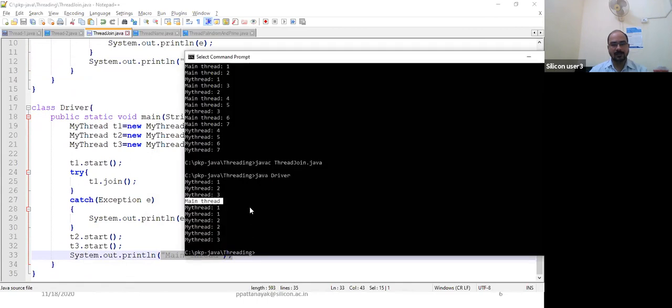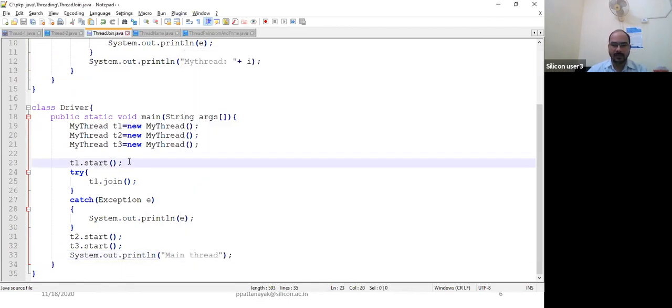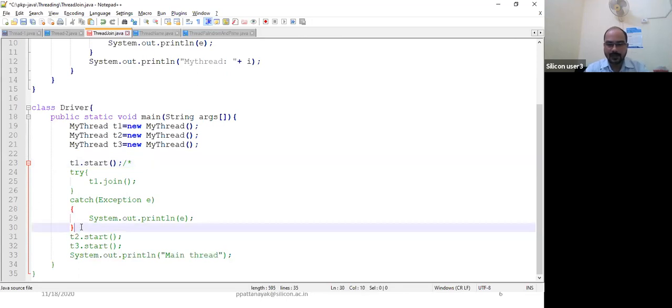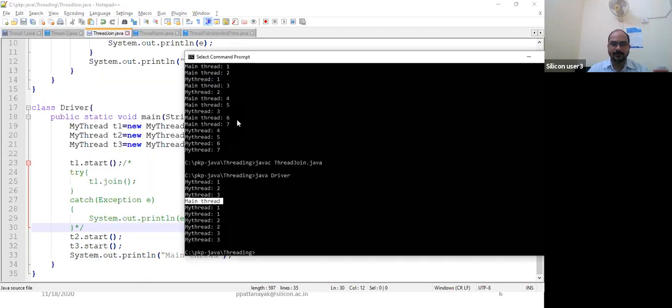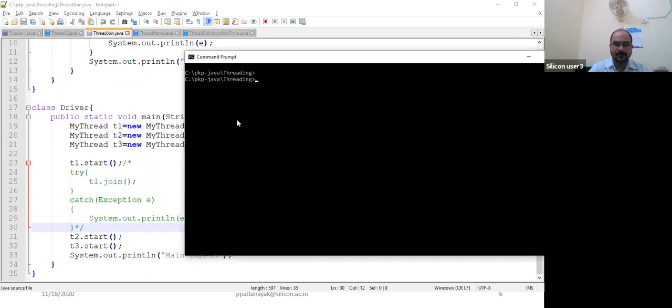Then this one comes into the picture. If I remove this one, the scenario will be different. See, always the main thread will exit first, because the main thread does not have any instruction.